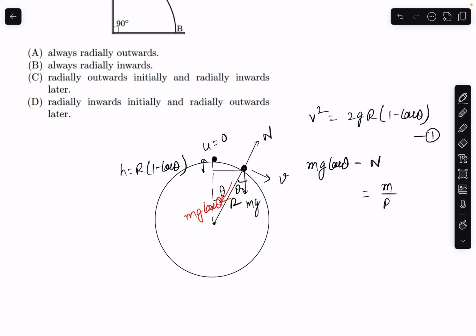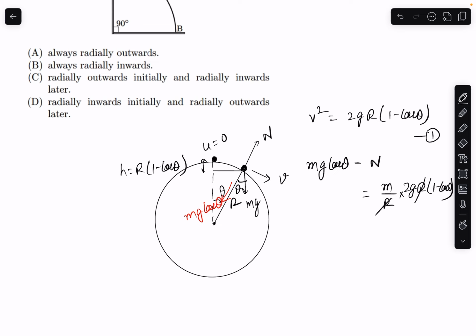So m by r, and v square is 2gr into 1 minus cos theta. So this r gets cancelled,